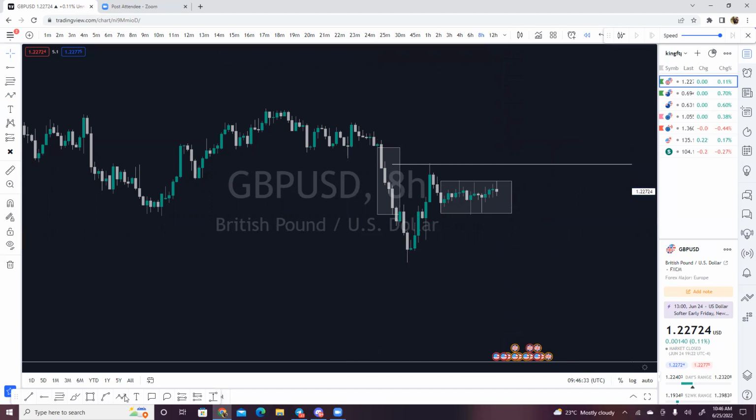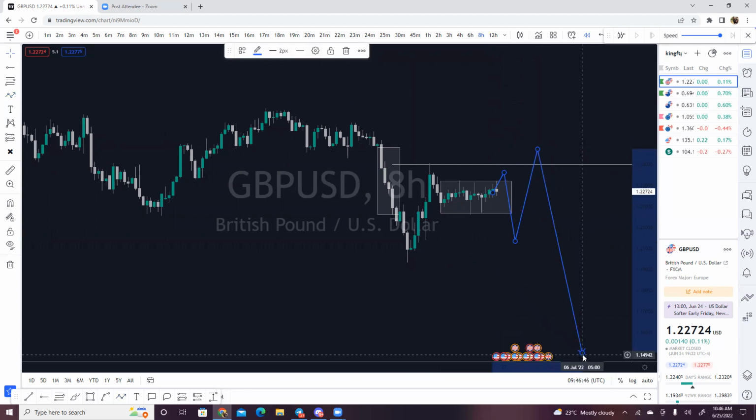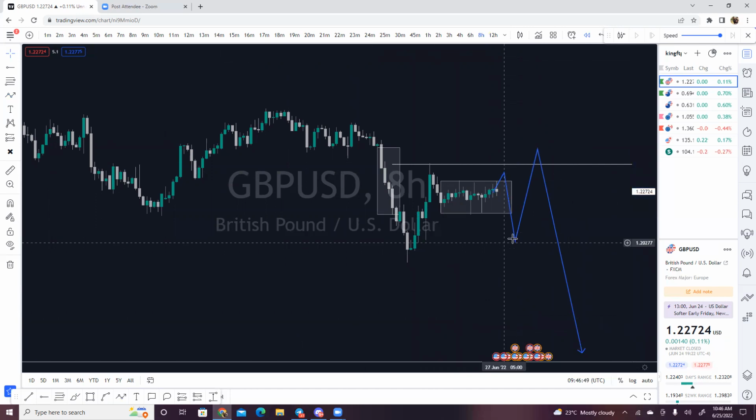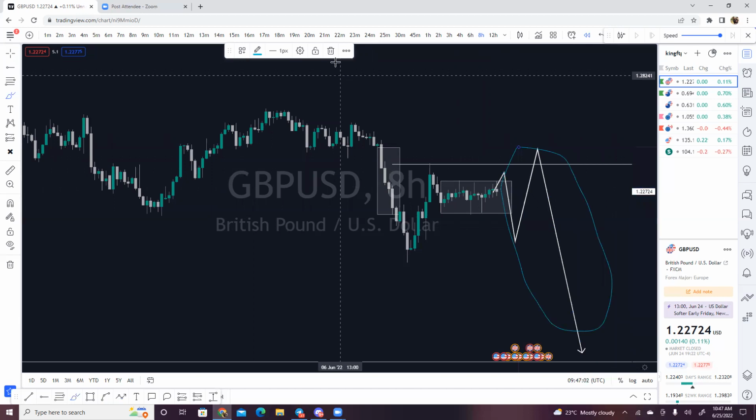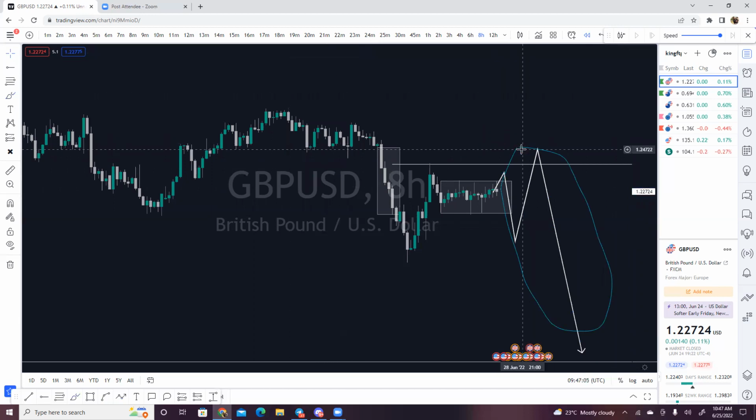it goes like this, goes up first, then comes down to maybe a particular order block here, then keeps going up, then respects this particular order block here again, then down. Now, these are the likely possibilities, and the chance that this will happen is very high. This particular one, this is what I'm going to be looking for in the market next week. If I can see this particular thing in the market, then I know that my sell is assured and I can actually still take